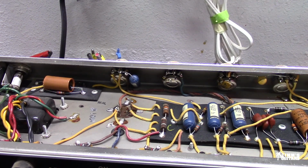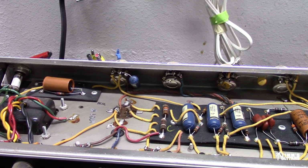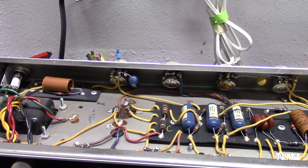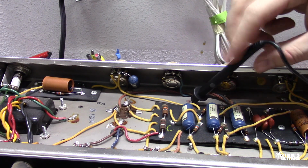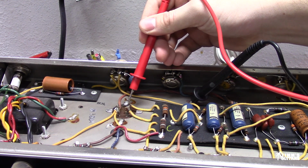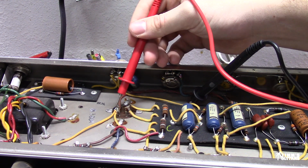Alright, so we have the chassis out of the cabinet, and the first thing that we're going to do, we generally skip over this kind of stuff in the videos. There's plenty of places that you can learn all about it, but I'm going to show you how to see if there's any voltage on your filter caps before you start putting your hands in the chassis. You want to make sure that everything is drained. So you're going to set your multimeter to read DC voltage. You can hook one lead up to the chassis, anywhere is really good, and then touch the other lead, and that one's at 0.076 volts. We're at 0 volts and